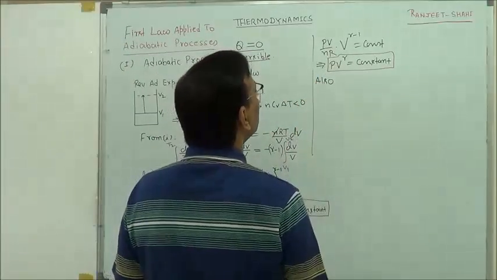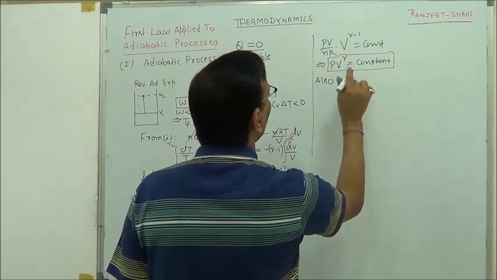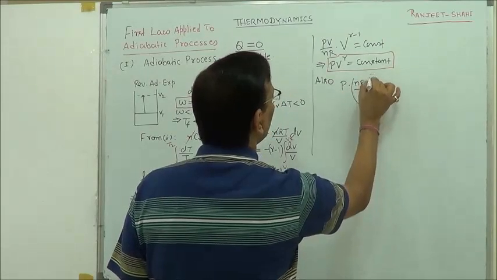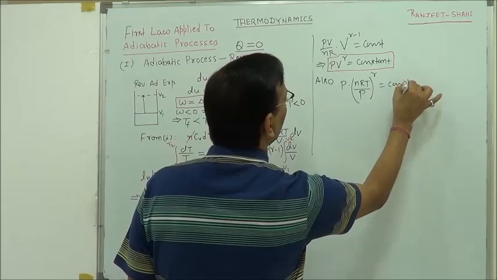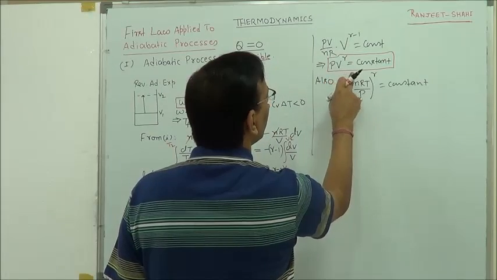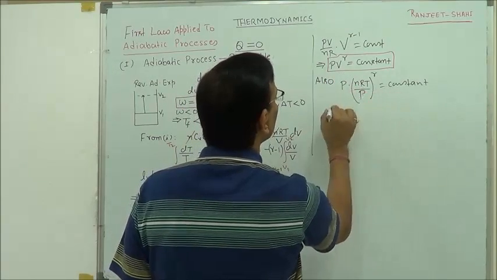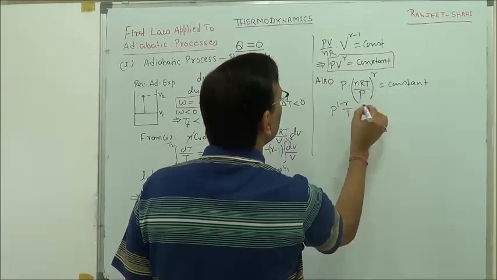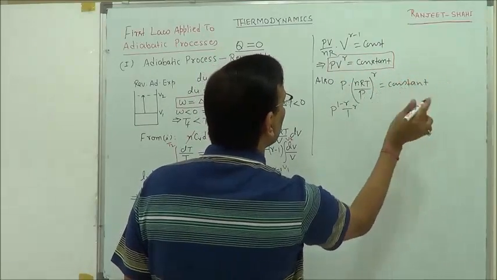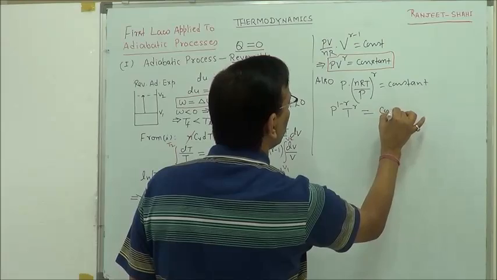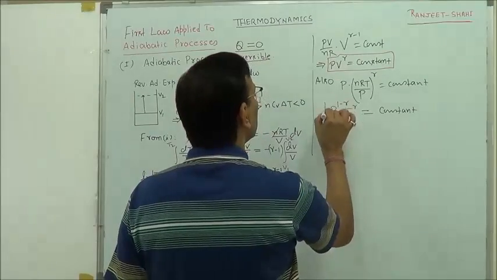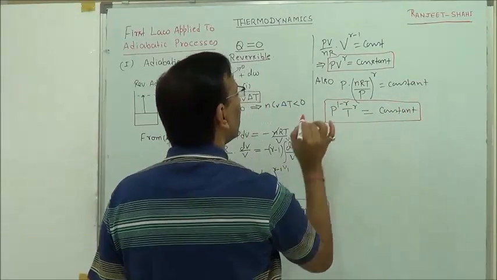Here we have PV = nRT. So P V raised to the power gamma is equal to constant. So P will become P raised to the power (1 minus gamma) over gamma. So P^(1-gamma) T^gamma, with nR raised to the power gamma on the constant side. n and R are constant, so it will be constant. So this is the third relation we have derived